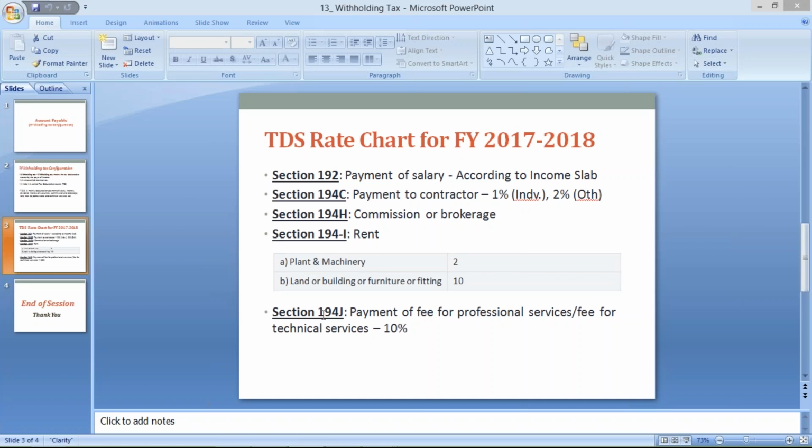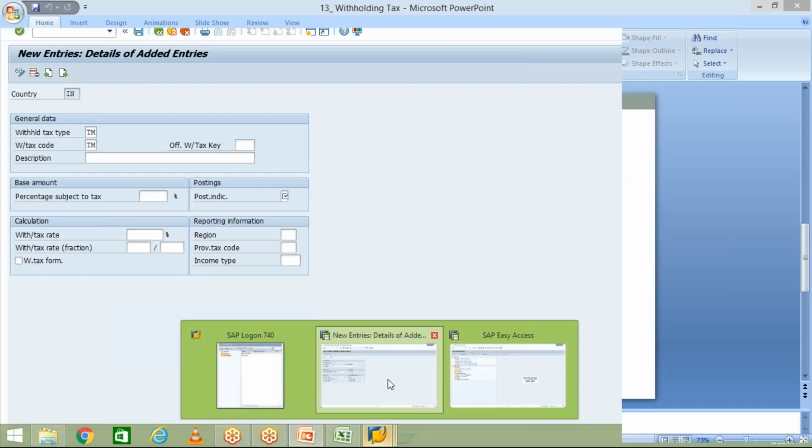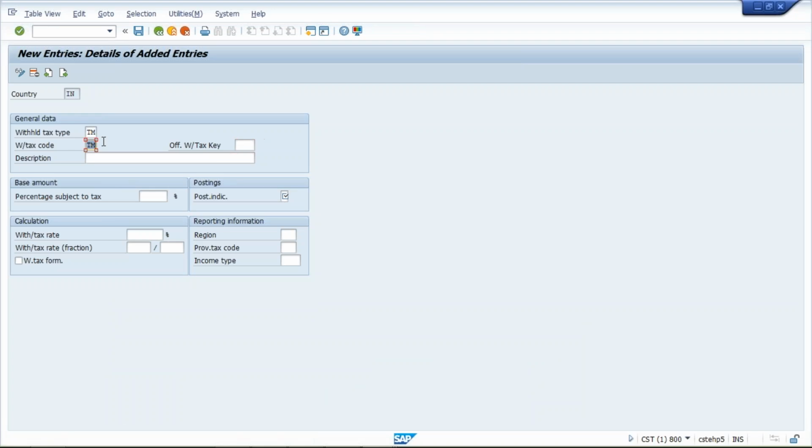Under which section is this deduction going to happen? Let's suppose we have created tax code TM. This tax code says 10% deduction. So this 10% is based on what? Under which section? 194J.